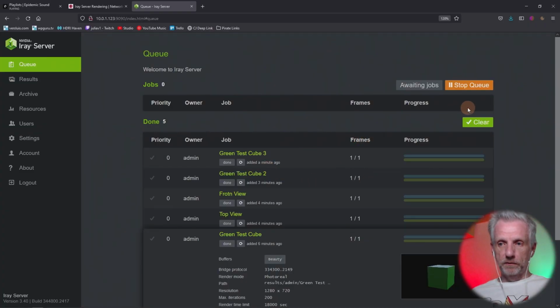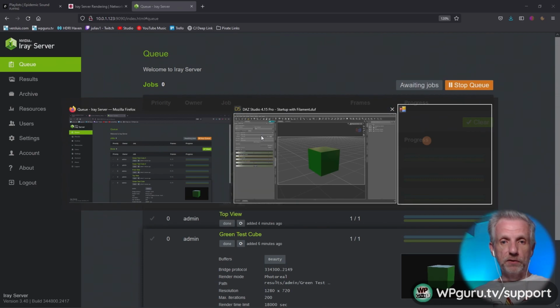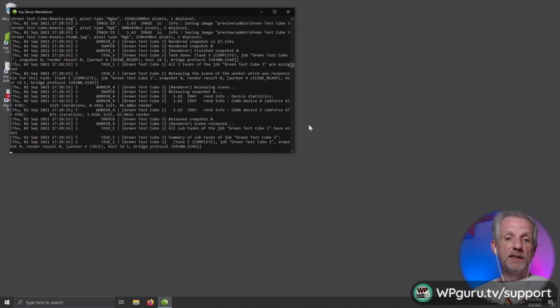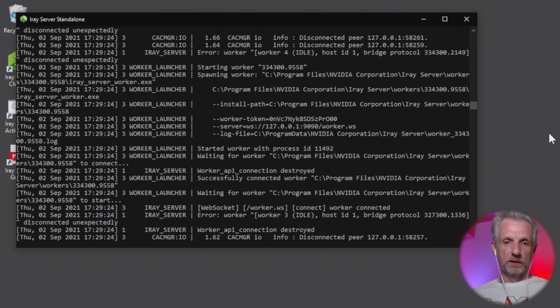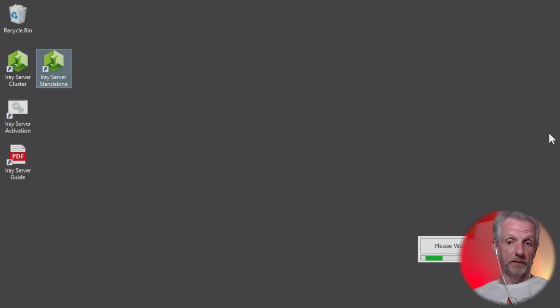So for now, queue stopped. That's all. It's basically finished here. That's all cool. I'm going to leave everything as it is and just go and stop the server. That doesn't happen here. That happens, of course, on my other computer. And it's fairly easy to do it. All I need to do is close this window down. And if I do that, it just goes and shuts the server down, gives me some messages,